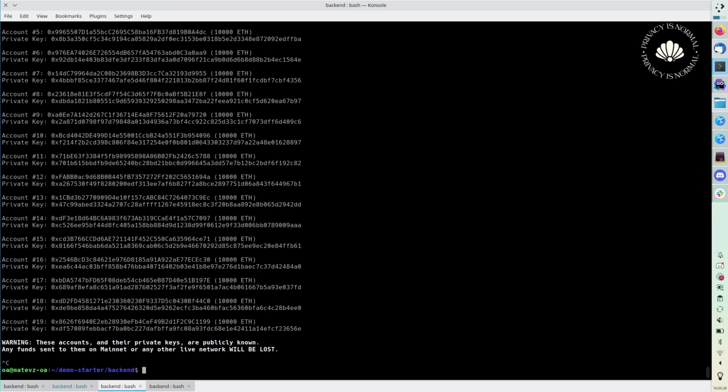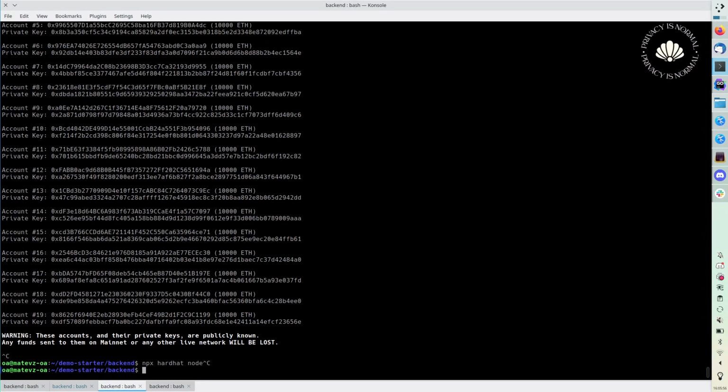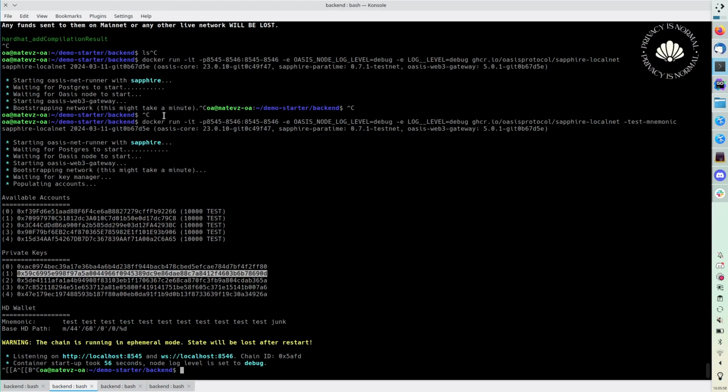Okay, and now there's an issue, right? We have a bunch of on-chain primitives for signing, for random number generation, encryption, decryption, and so on. This is all done on-chain. And if you are trying to do this with this Hardhat built-in mock, you won't get anything. Mostly, if you try to call the random number generator, you'll just have zeros all the time. And for this reason, we built a special Docker image, which contains a complete Oasis network inside